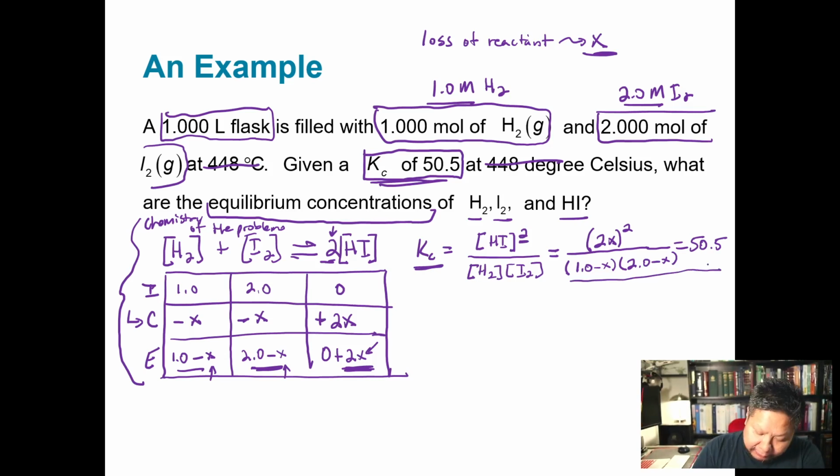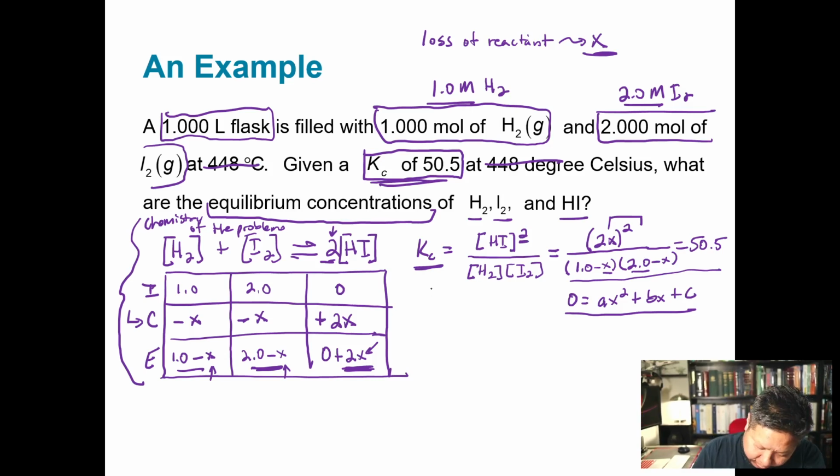Okay? And if you notice, this equation has an x squared term, it has an x term, and it also just has a number, right? Wow, that sure does look like the requirements for a quadratic equation, right? Or using the quadratic formula. But recall, though, that the quadratic formula requires that we have 0 equals ax squared plus bx plus c, right? And while we have all those terms available in our equilibrium expression, they're not in the form that's required for the